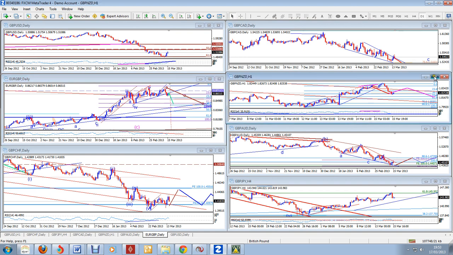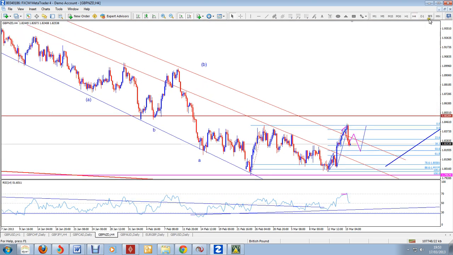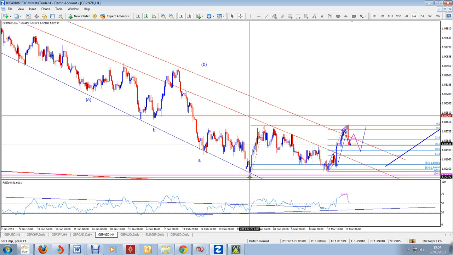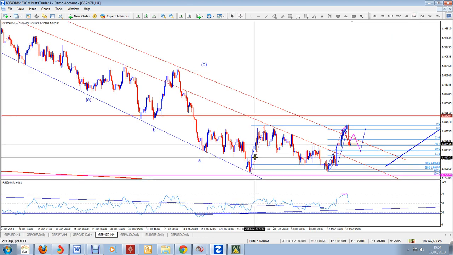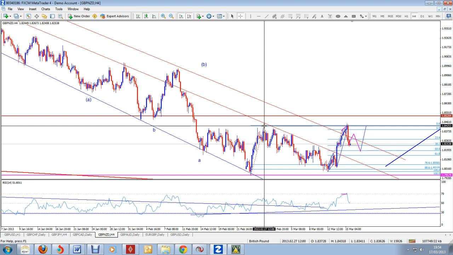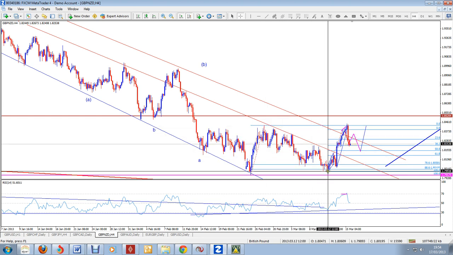And then if you look at the two other currencies we were looking at, this one here, which is the pound New Zealand. Pound New Zealand came down, fell below an important previous low. It's come back down here, but now it appears it has put a double bottom on a daily chart. But more importantly, it has done this A, B and C decline where the low is on 25th of February, and then since then, so that is over here, this low here, 25th of February, we've gone up here, and you can see that leg up is a very strong move to the upside, and then this down is overlapping and it's been so long.